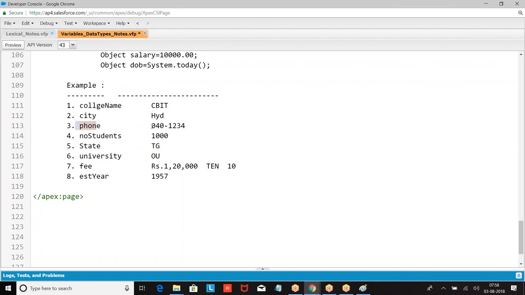Phone number, I can give the phone number like this. I can also have a phone number like, okay, mobile number, 1, 2, 3, 4, 5, 6, 7, 8, 9. If I take a mobile number, it becomes a long. If I take a landline, it becomes what? It becomes a string. Now, what is the format of the value you are expecting? Based on the format, you have to decide. Now, what is the data type here?